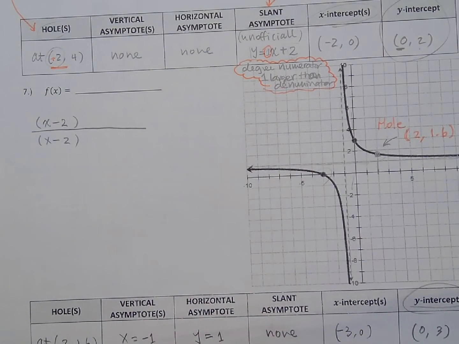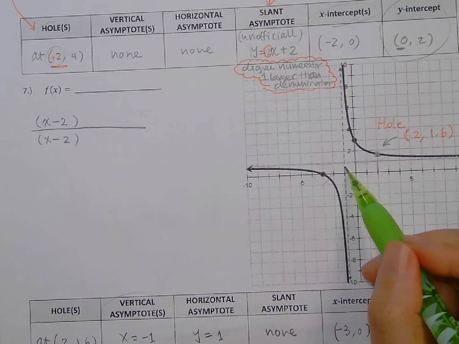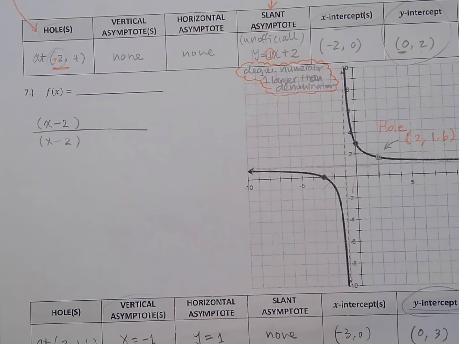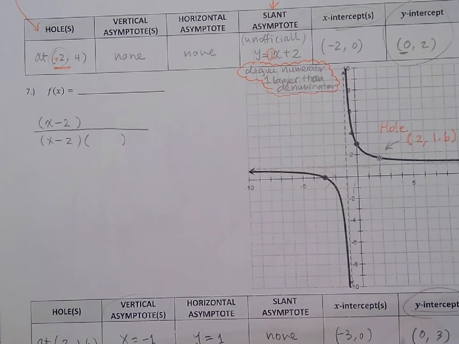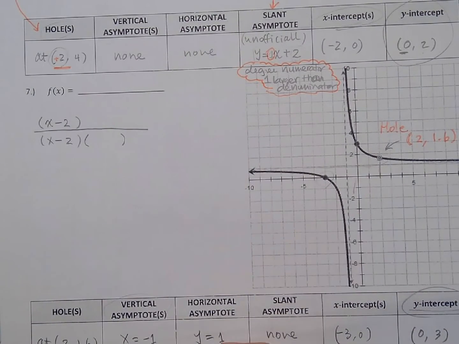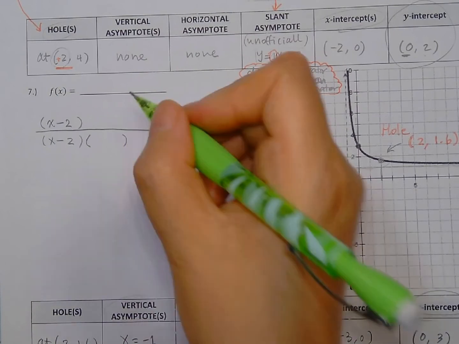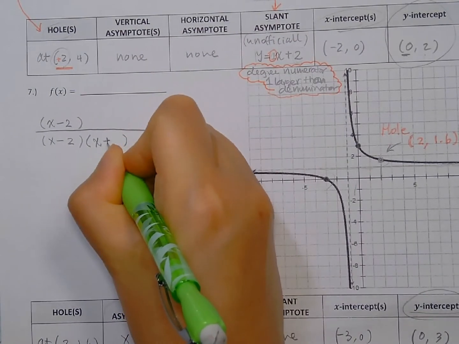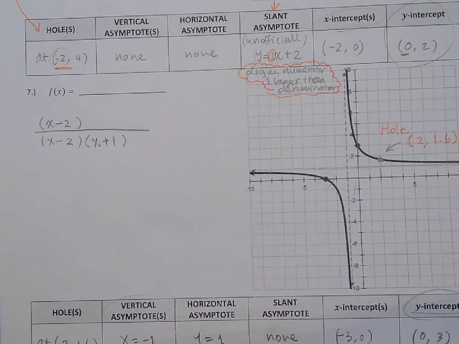Then, do we have a vertical asymptote? Yes, right there. x is -1. So I have to add one more factor. Vertical asymptote, so it's going to be x what? x + 1 there. Okay. Then